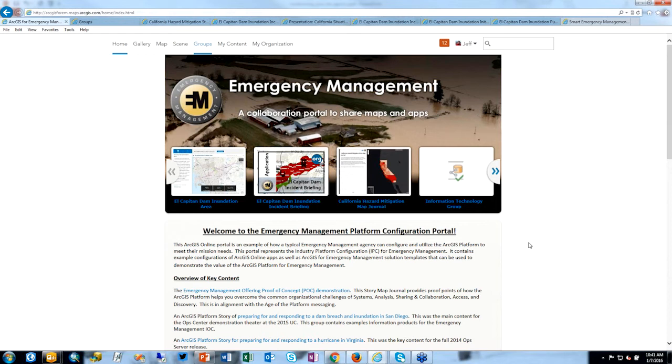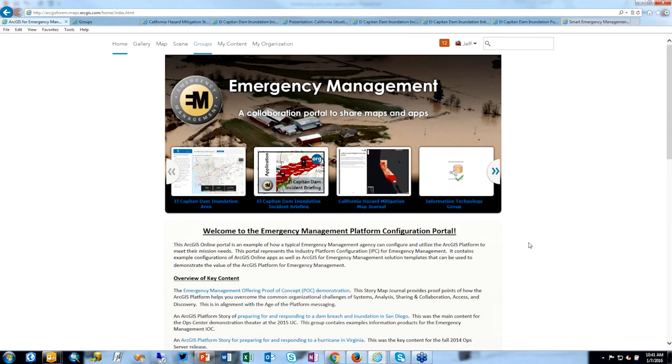And our platform helps you overcome some of those common information challenges that Chris talked about, like access and discovery and sharing and collaboration. And those are enabled by some of the key enablers of the platform that Chris talked about, whether that's the location platform itself or the enterprise integration through the SDKs and APIs. The Esri ecosystem can help you get started quickly, and maybe have our professional services folks help you out through some platform launch support services to get going with some of these key information products.